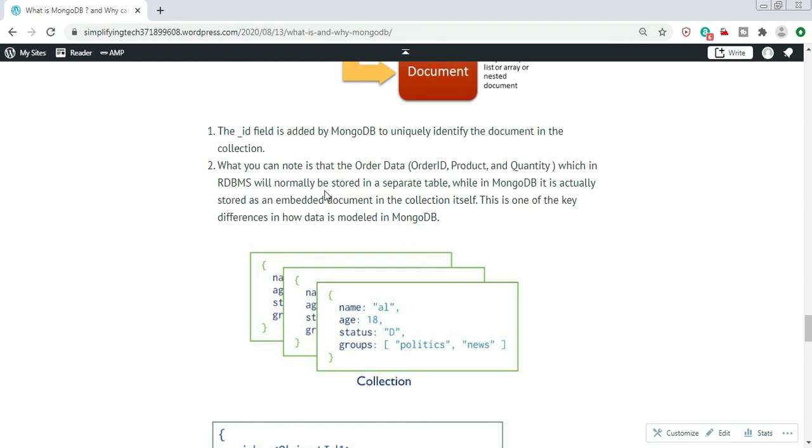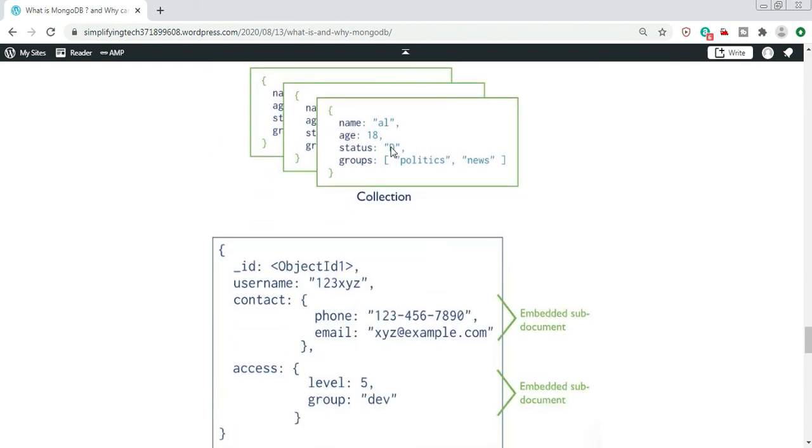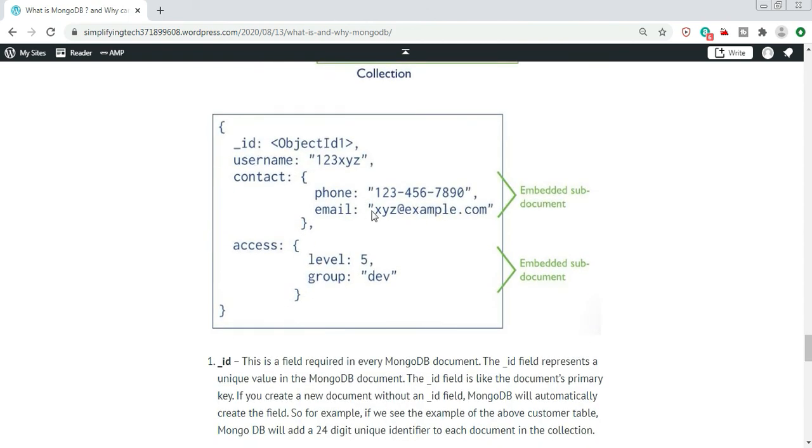This is a JSON-like structure, where we can define the collection as key and value, colon separated, and these are fields. For a clearer picture, this is the actual collection, which has the unique ID and fields separated by colon. Then these are embedded sub documents, nested documents. Inside one document I have another document. That is what I mean by embedded document.